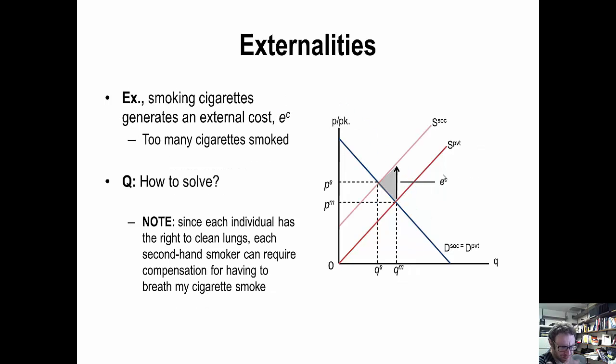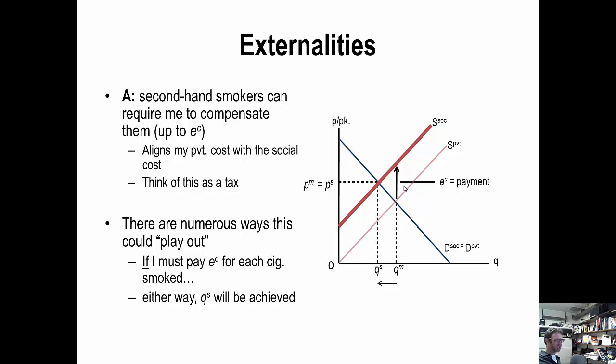On the cigarettes example, it's the same kind of story. Remember, smoking cigarettes can be viewed as creating a negative externality, and the way that the Coase theorem would work here is that every time I create a negative externality, those who are being harmed force me to compensate them for the dry cleaning costs they have to pay because their clothes are smellier and smokier, or any adverse health effects and medical costs they're forced to pay. If they can somehow force me to compensate them for those costs that I'm imposing on them,